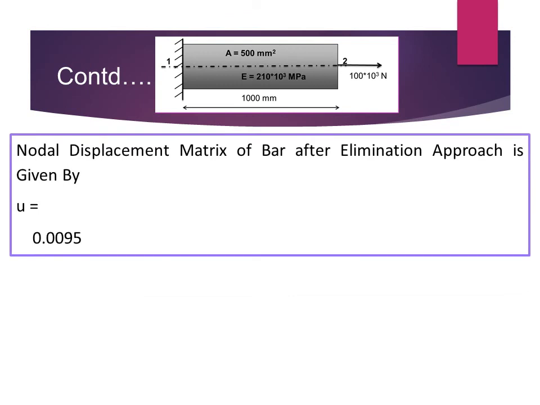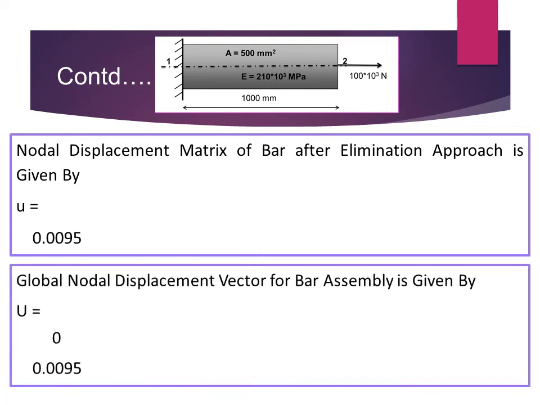Now from the last matrix you will get the unknown displacement, but for the stress calculation I want to know the global displacement vector, because I am selecting here one element, and for that the stress equation is equal to E upon L, the row matrix is 1 minus 1 and the column matrix is U1 and U2, that is the displacement at node 1 and displacement at node 2. For that I am defining here the global nodal displacement vector, capital U is equal to 0 semicolon, that is the second row, and U of 1, that means from the small u matrix take the first element.